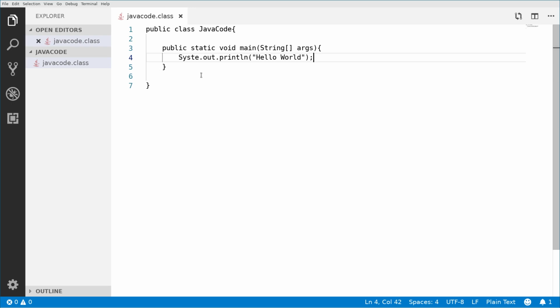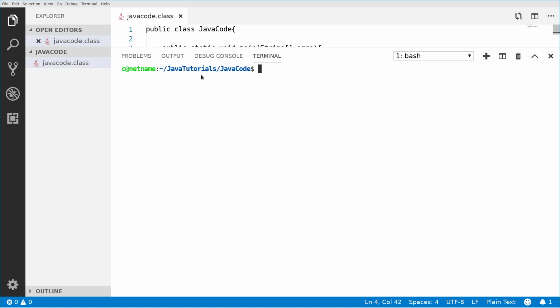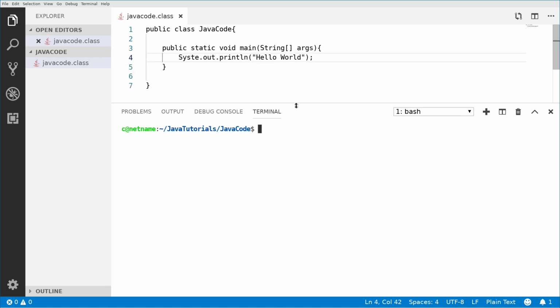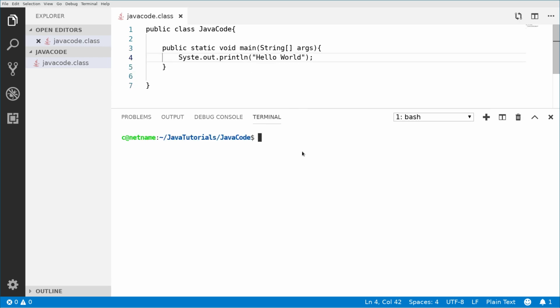So now that the file is saved, we can compile this program, right? To open the terminal in Visual Studio Code, we will press Ctrl and the key that is just below the escape key, and the terminal, as you can see, will be opened, right? So here what we will write will be the following. We will write